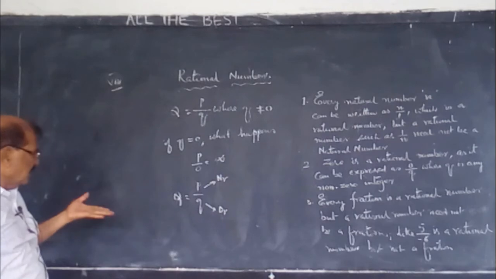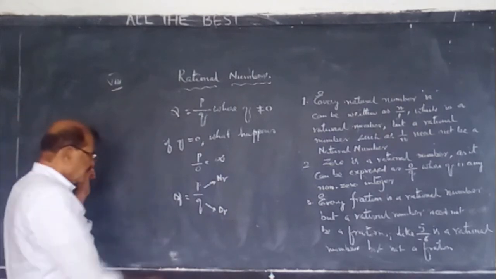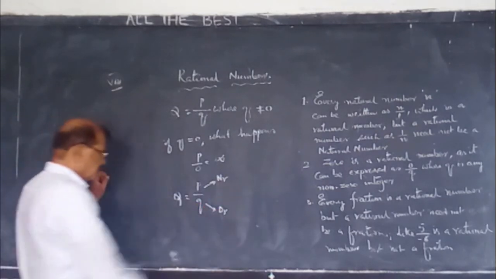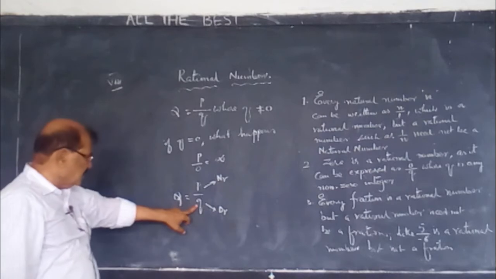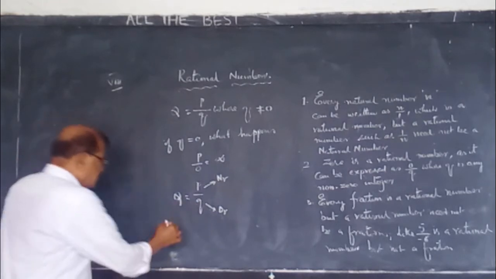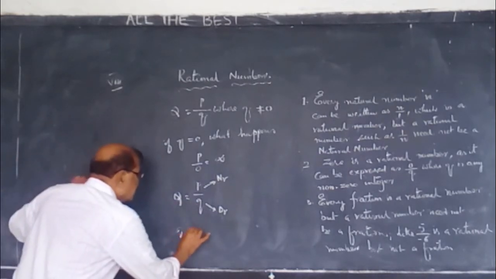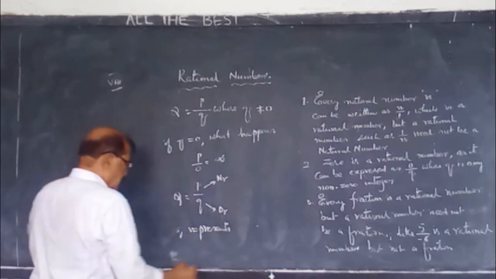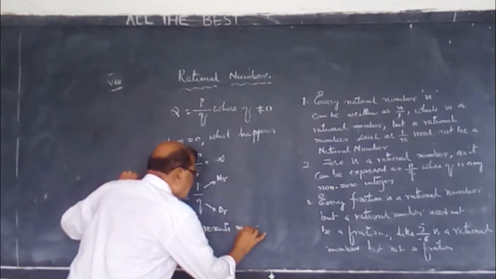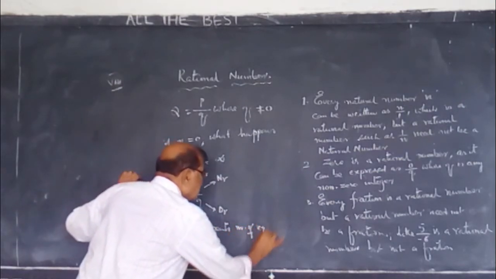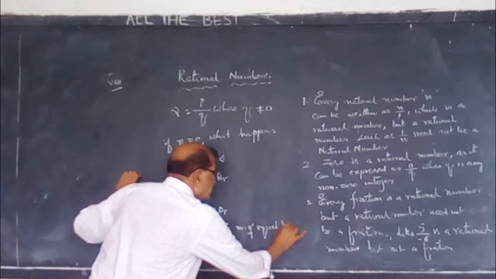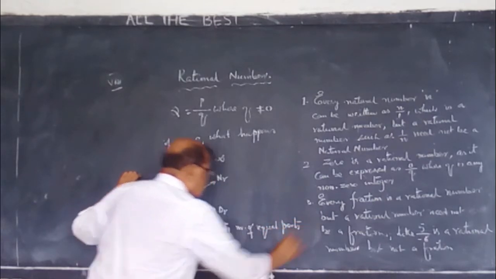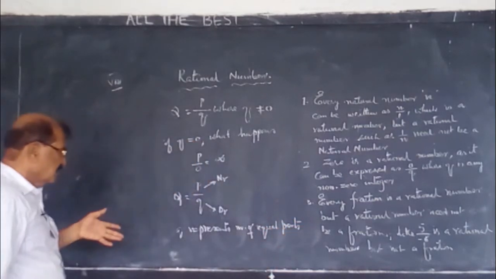So here, what does a denominator express? What does it represent? q represents the number of equal parts